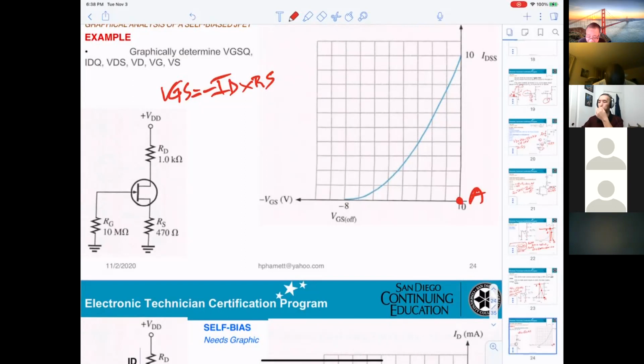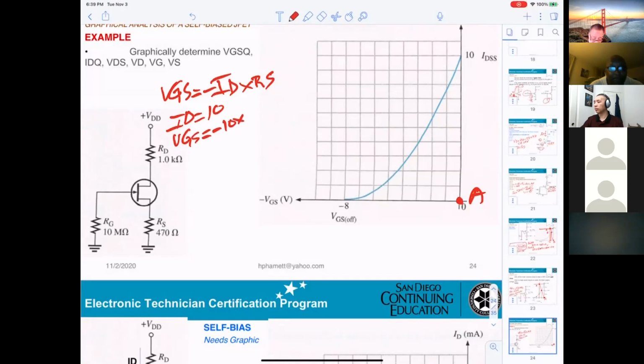ID 0, VGS 0. And the second, you can pick any value from 0 up to 10 milliamp. So if I say I want ID equal 10, then now you calculate the VGS equal minus 10 times